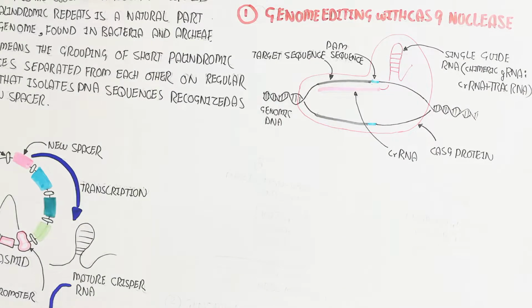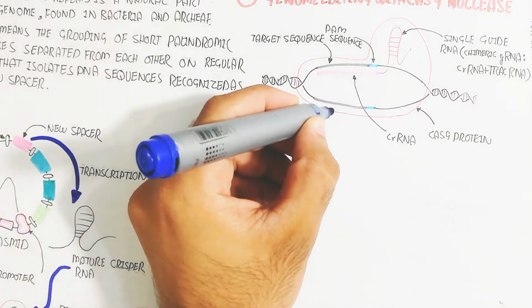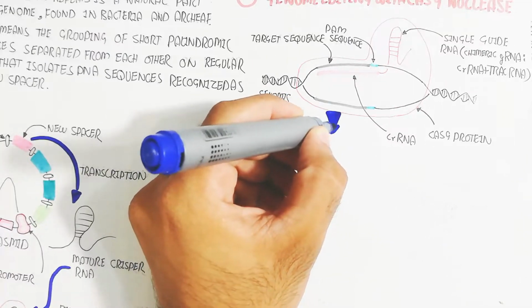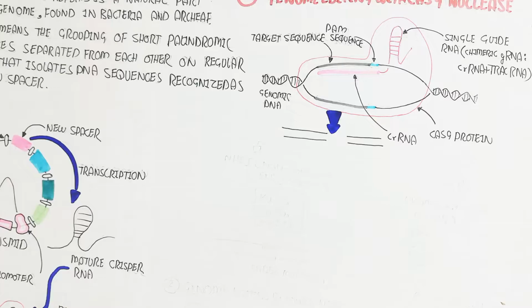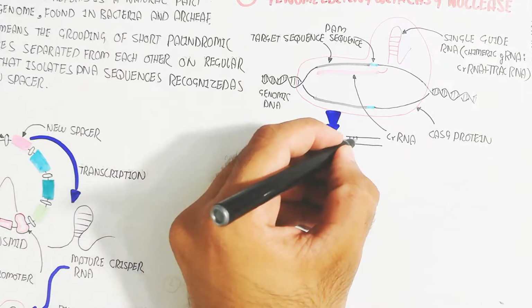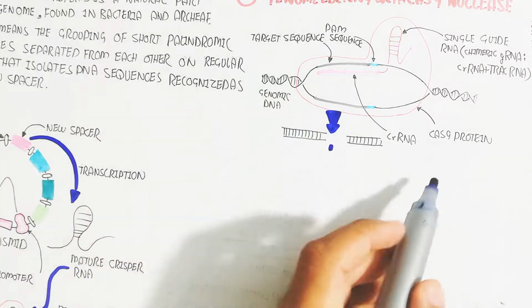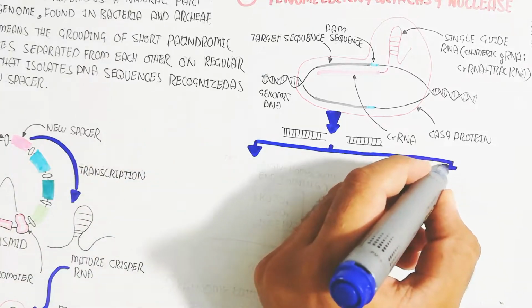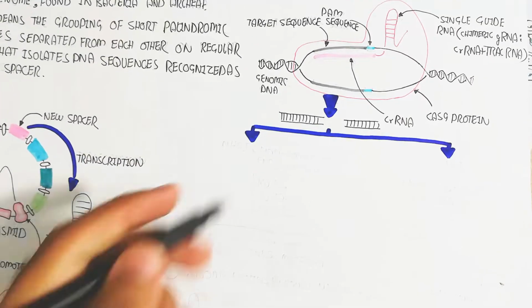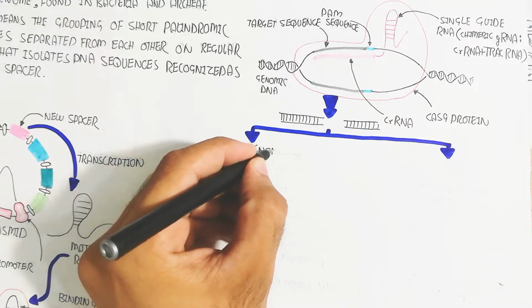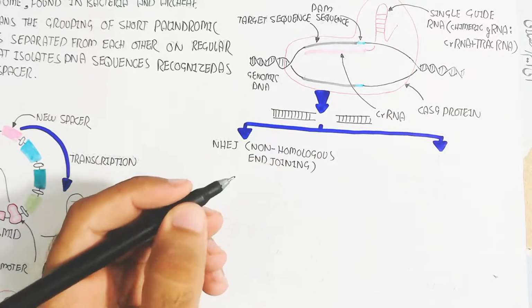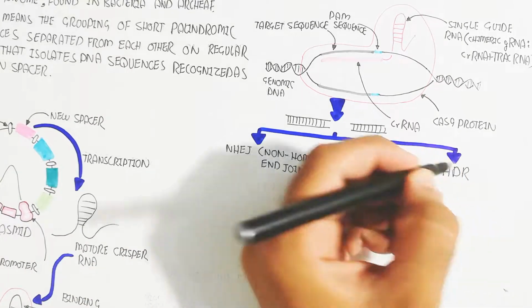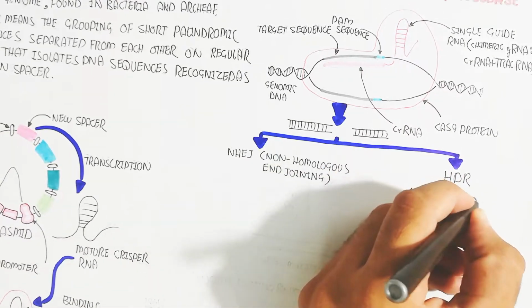In this way, this is the target. The single guide RNA will target this target sequence. The pathogen associated molecular sequence will be cut, and in this way the CRISPR RNA will bind to this and cut, and two situations can occur: NHEJ, non-homologous end joining, and